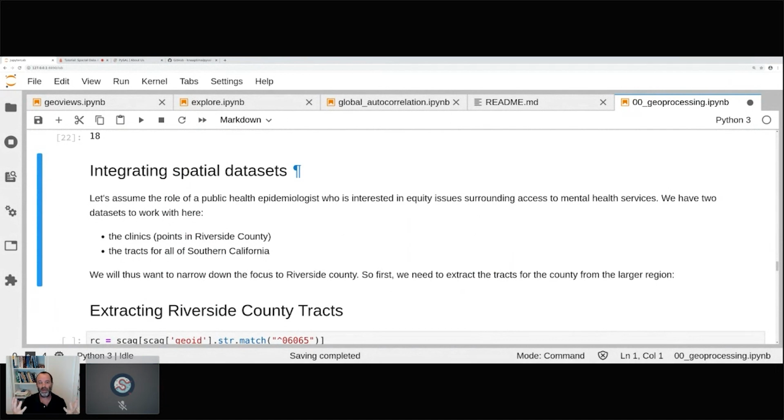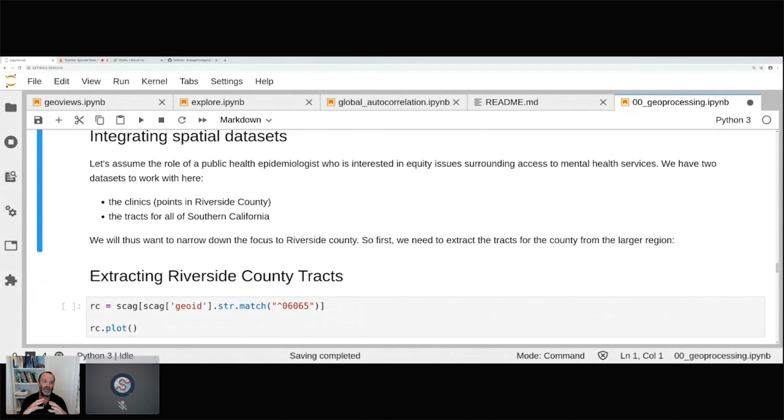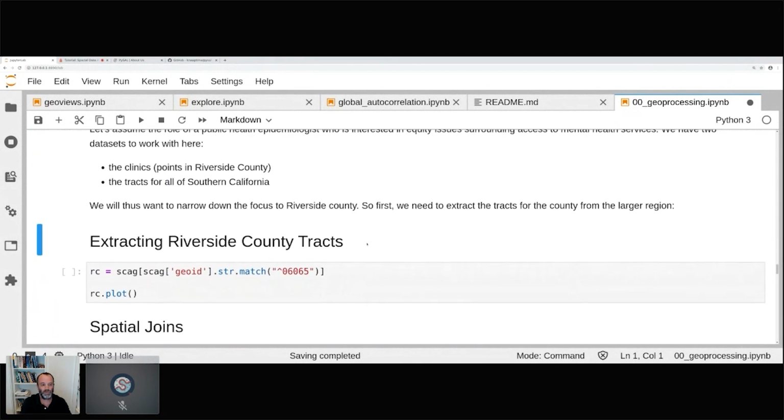And let's say we're a public health epidemiologist who's interested in equity issues. Are certain populations in Riverside suffering from less access to mental health services? So we want to narrow down our focus to Riverside County, because that's where we have the data on the locations of the providers. In order to do that, we're going to have to first extract just Riverside County, the tracts in Riverside County, out from the larger data frame so that we can zoom in, in a sense, on Riverside